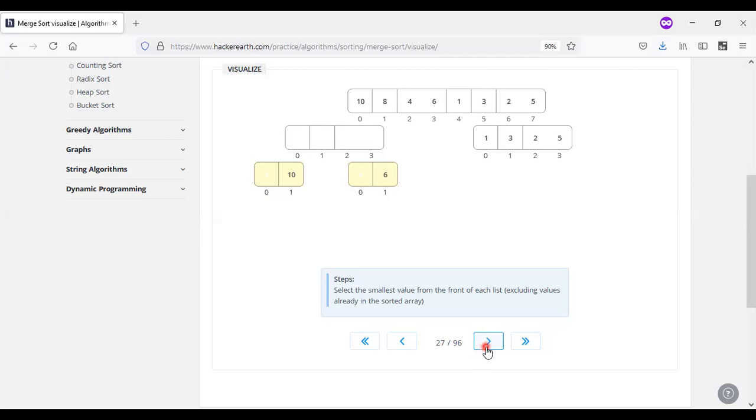By comparing 8 with 4 and 8 with 6, the value which is less than 8 will be placed in the first position, and then 6 will be placed in the second position.